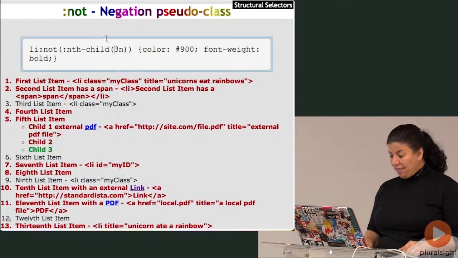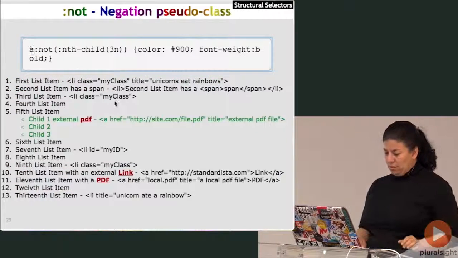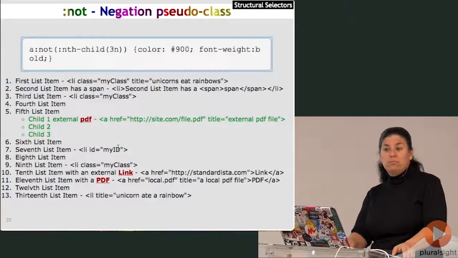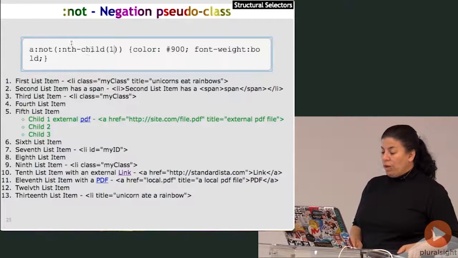And then I have links. A. None of my links are going to be the third child because every single link is the first child of its parent, right? So that wouldn't match anything. If I did 1, it would match all of the links, right? I could have done first child. But I can also do in here not